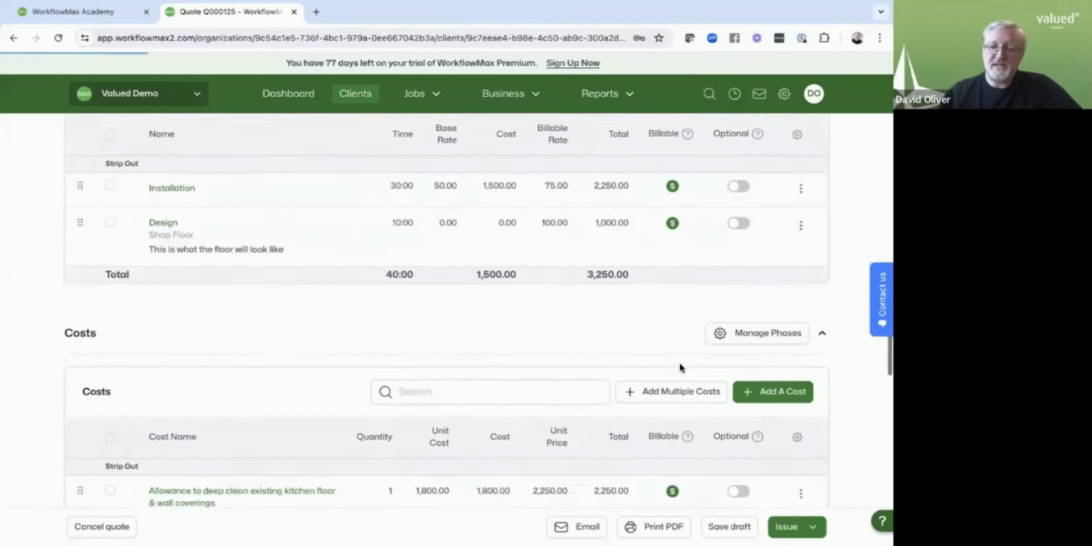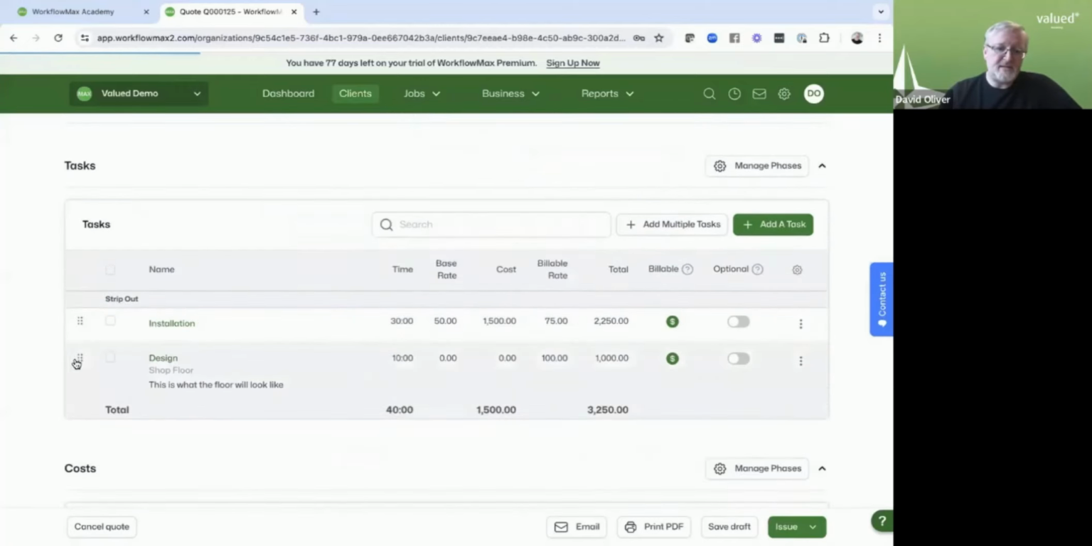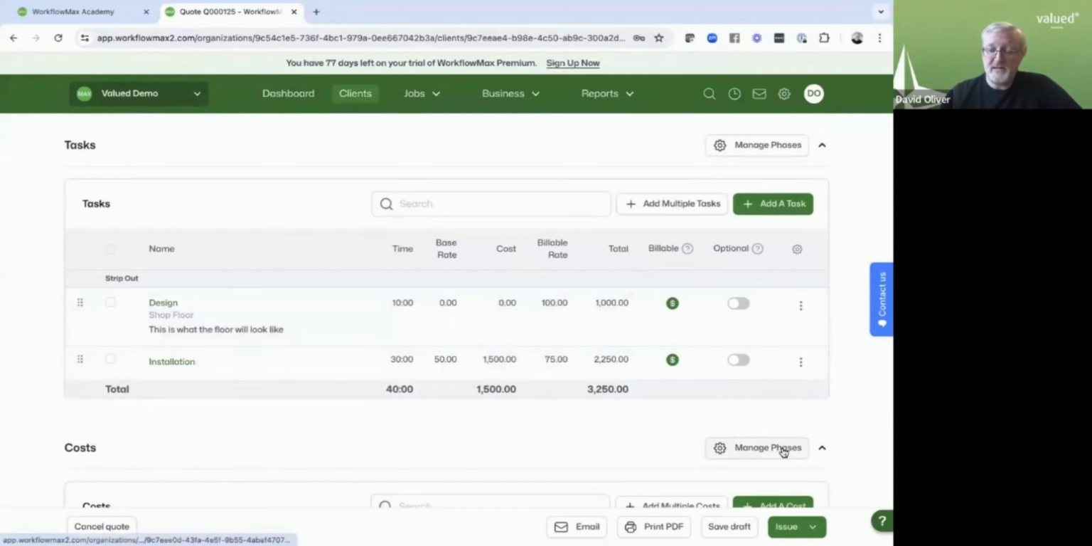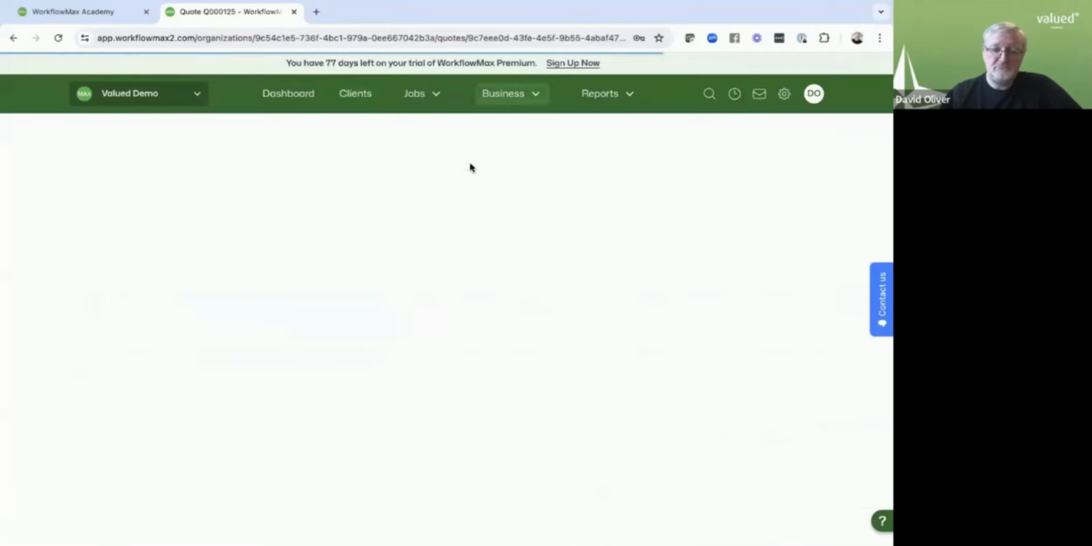As we look at the right-hand side, I can order these in any order that I want. So if I want the design first and then the installation second, I can have that. You can also see that this header is my folder. This is my phase. My strip out is what I've got there at the minute. Now, if I wanted to manage these phases, I can do so, and you can see it says manage phases just there. If I click onto that, it will take me through to a separate screen. And as we see this in a moment,